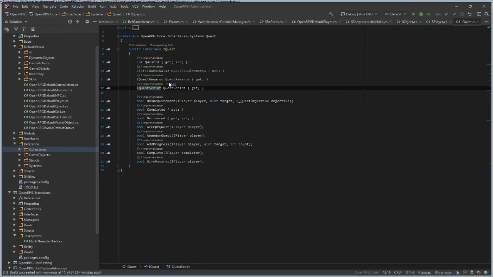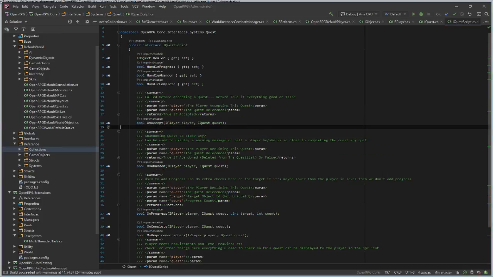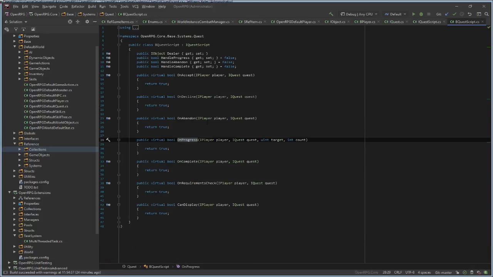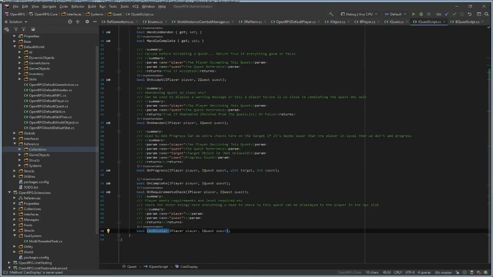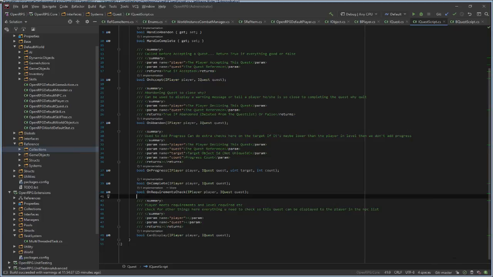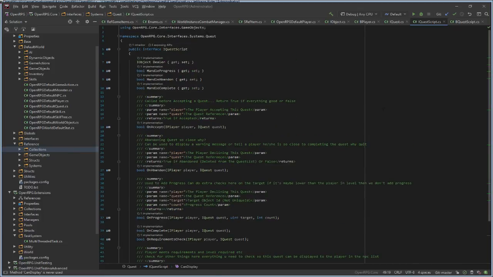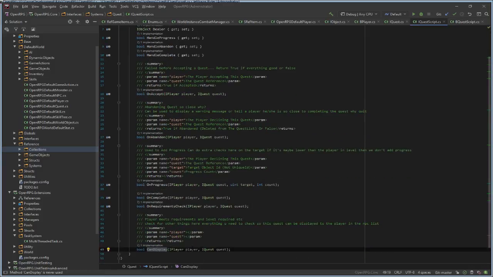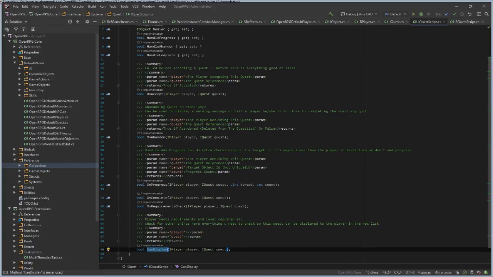Yes, quest script: on accept, on abandon, on progress, on complete, on requirements check, can display if this player has met the display requirements. So an NPC can just pass a player. When the player tries to interact with the NPC, it checks for all the quests that are available for this player.